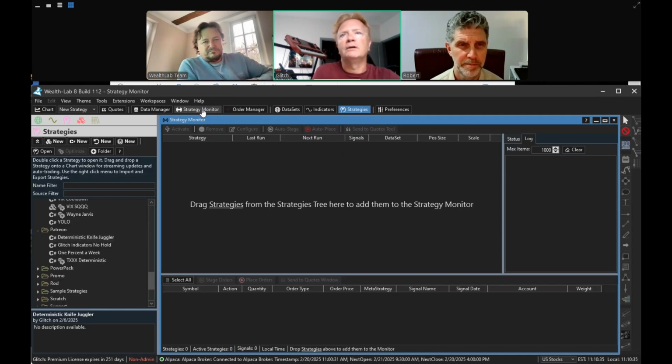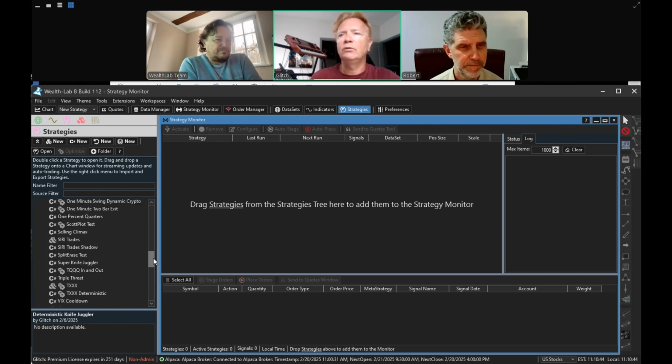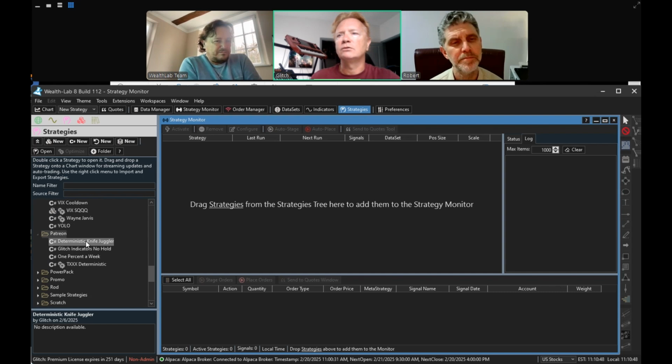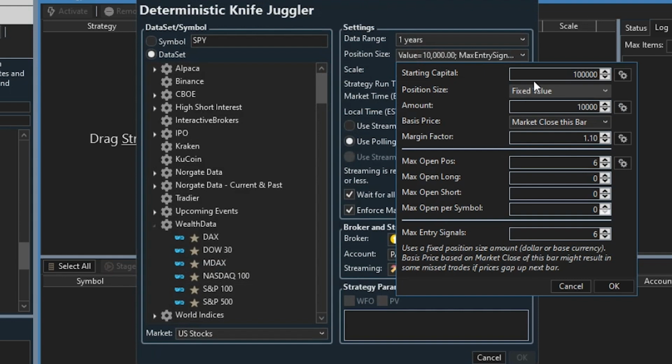So if I open up the strategy monitor, let's run a version of this that has a fixed position size, or actually we can change the position size in the strategy monitor. So I think I can just drag this in here. Let's go to our position size. So the position size for our Alpaca account for this particular strategy would be 10,000 per trade, because that's 5% of the 200,000 starting capital that we have. So I put this in here with the fixed position size. I have it set with the max open positions to 6,